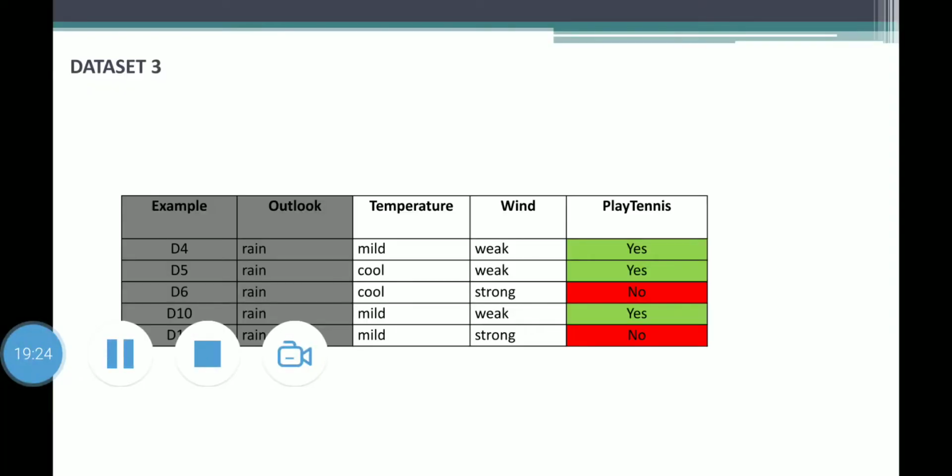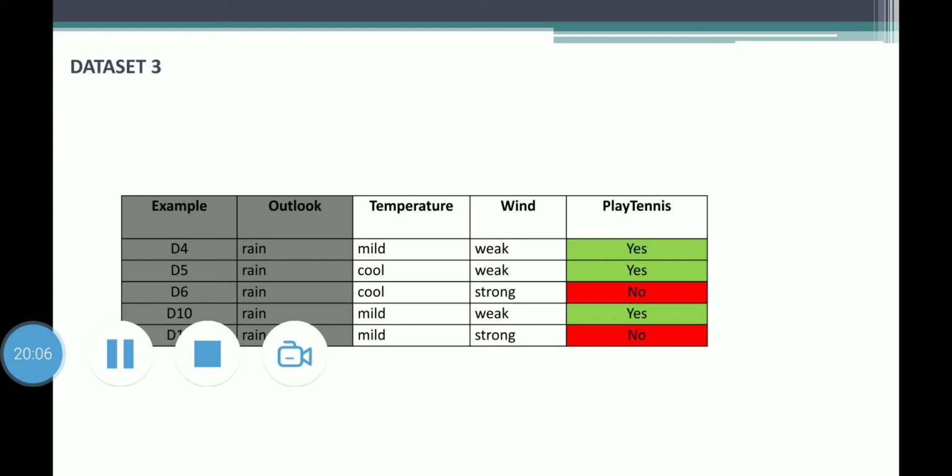As you can see here, in wind, for all the values equal to weak, you find positive values. For all the values strong, you will find negative values. Whereas in temperature, you have a combination. Mild is having yes as the value in 2 places and mild is having no as the value in 1 place. So obviously when you calculate, you are going to get 0, 0 as the value for entropy of weak and strong, and hence you will be getting the highest information gain for wind, and wind will be selected as the resulting node under the decision tree for outlook is equal to rain.